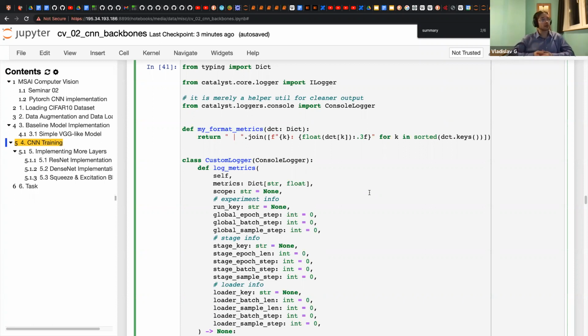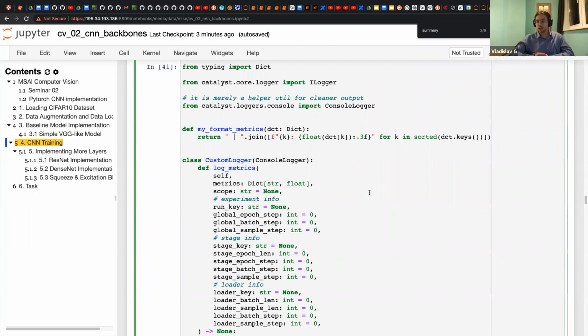But in the case of Catalyst, we have a community of researchers, some deep learners who just write these frameworks themselves. And this is the case not only for this framework, but for other frameworks too.